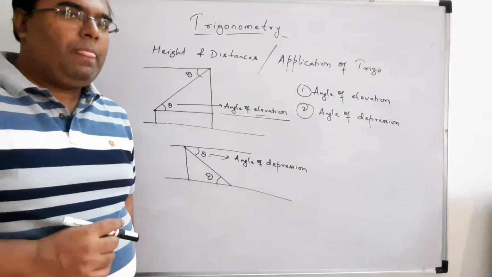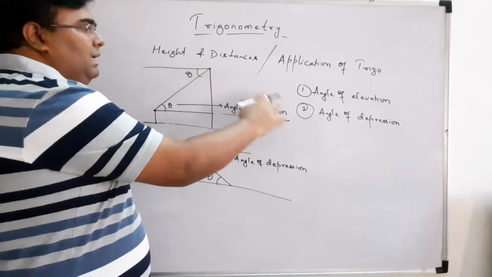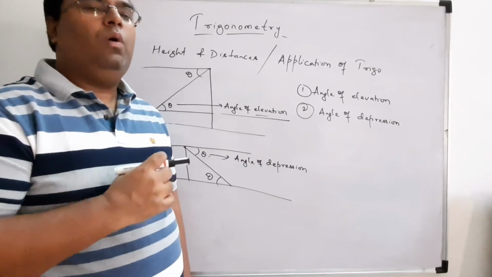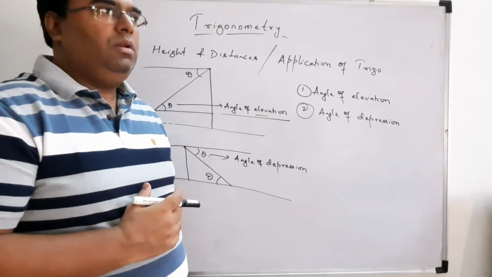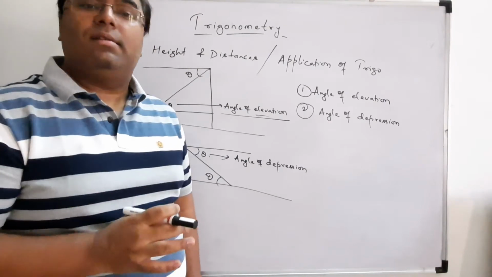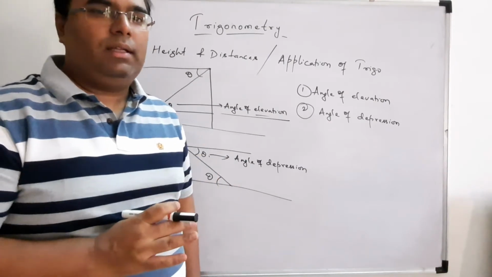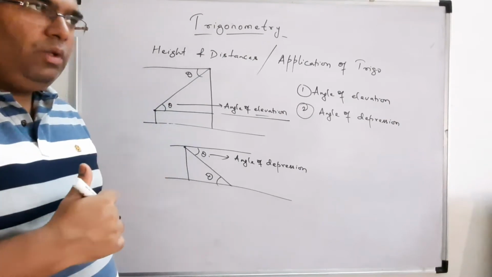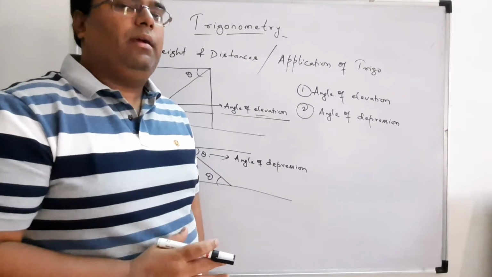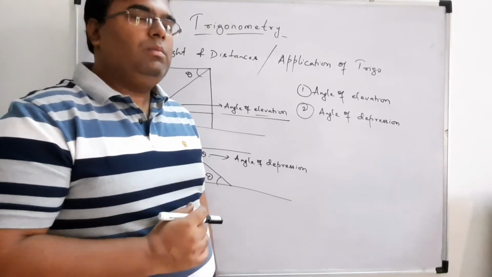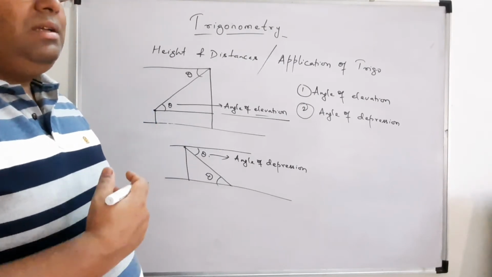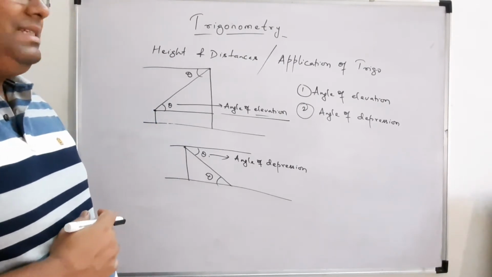Now we will learn the basics of height and distance and application of trigonometry. The main thing is to draw a diagram. Once you draw the correct diagram, you will always get the right answer. Just execution is there, nothing else. So first you need to understand the problem and draw the correct diagram. You will solve some problems here also, and then you will get to know how to apply trigonometry in heights and distances.